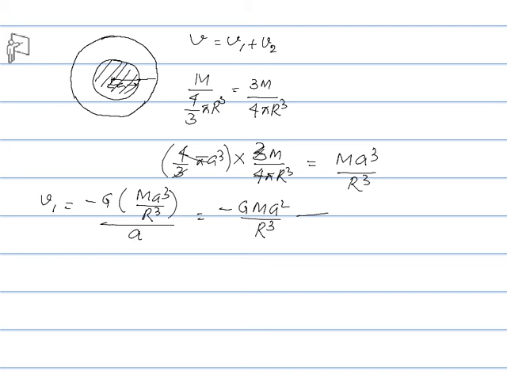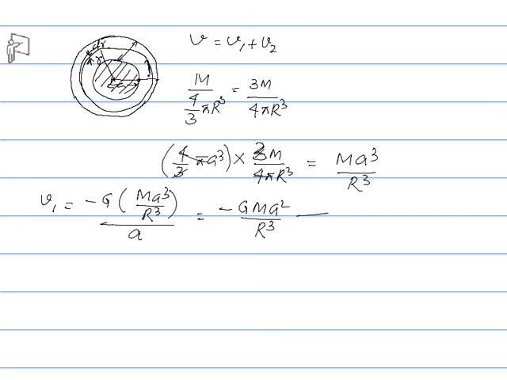Now to find V2, that is potential because of this outer shell, let us imagine an elementary shell here, say at a distance of r. Let dr be the thickness of this elementary shell. This is dr. Now we will find potential at this point because of this elementary shell first, then we will integrate this from this point to this point, because the shell is lying between this distance,